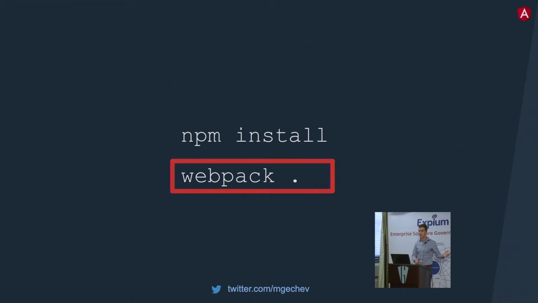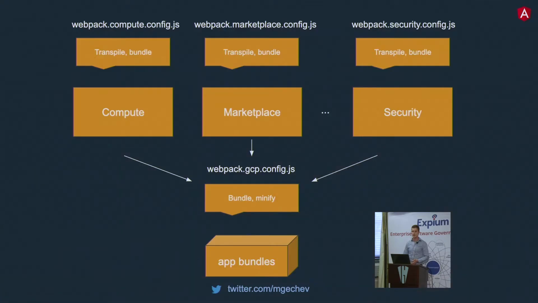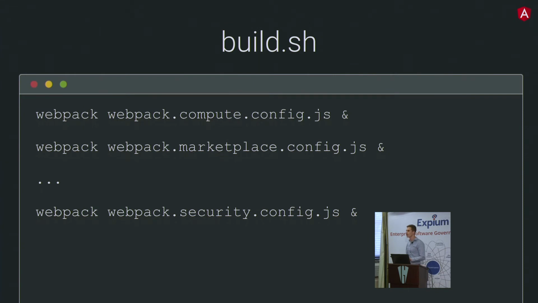If we try to build Google Cloud with Webpack, we're going to get something like this. We're going to get out of memory pretty quickly. And in order to work around it, we can potentially decompose the user interface into separate sublibraries. For instance, we can try to build the security feature as one, the marketplace as another, and the compute part as a third one. So this way, we can incrementally build the entire user interface by having several Webpack configurations and compilation units. We can invoke them even in parallel so that we can take advantage of the multiple processors that we have